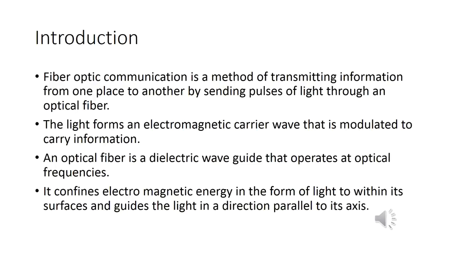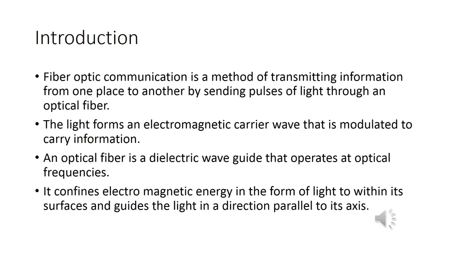That is, the electronic signal is converted into light by using light sources. Some exceptional characteristics of this type of communication system, like larger bandwidth, smaller diameter, light weight, long distance signal transmission, low attenuation, transmission security and so on, make this communication a major building block in any telecommunication infrastructure.